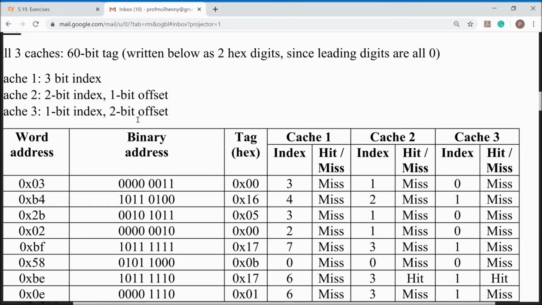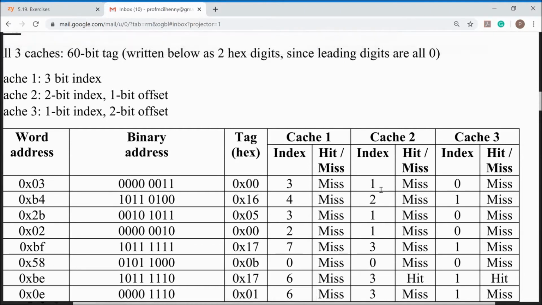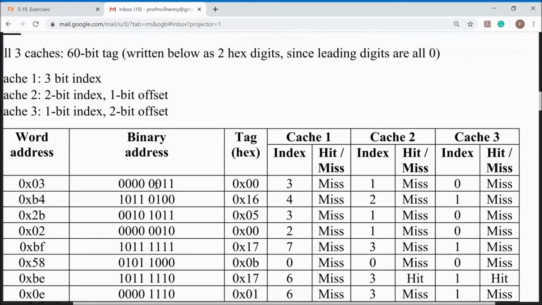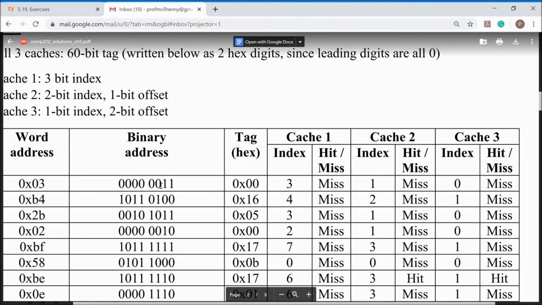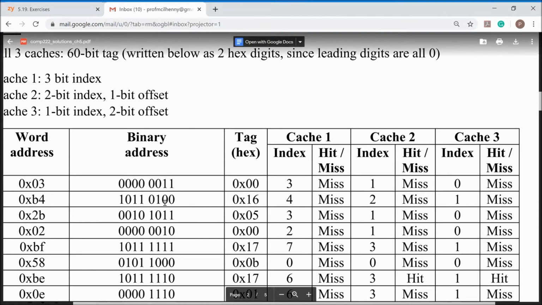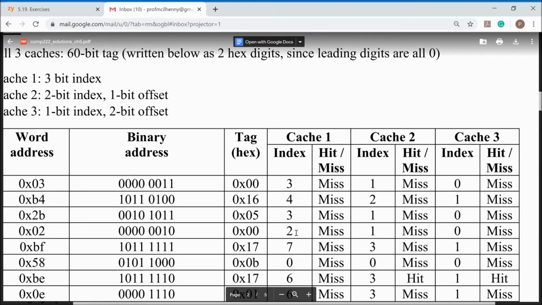Cache 2, the difference is we take 2 bits for the index, 1 bit for the offset. So the last bit, actually we're not even dealing with the offset, we're only dealing with the index. So 2-bit index, I'm going to pull off this bit and this bit, the 0, 1, that's 1. Here we got 1, 0 is 2, 0, 1 is 1, 0, 1 is 1, 1, 1 is 3, all